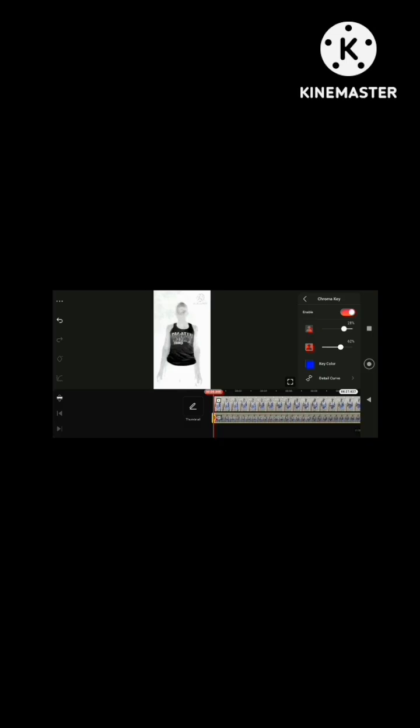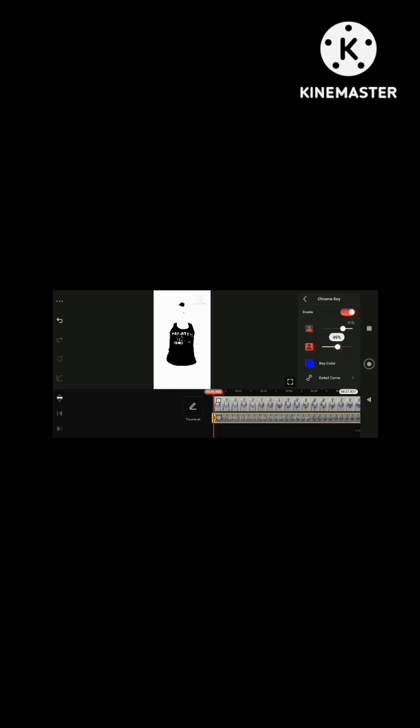Duplicate it as a layer and touch the second layer and click on split screen. Follow the video step by step and keenly so that you can understand what is going on. After you touch the second layer and click on split screen, choose the rectangle shape to make the video full screen.